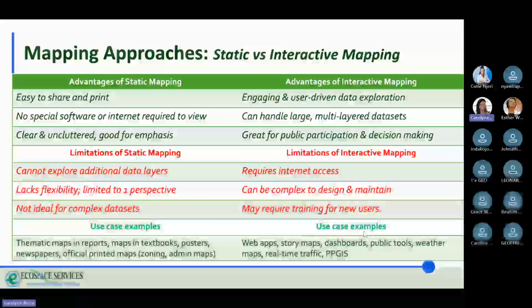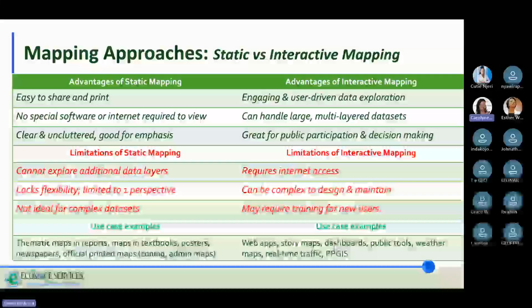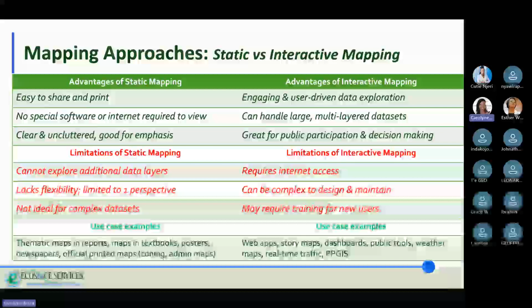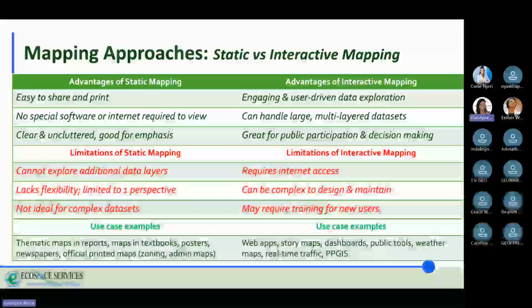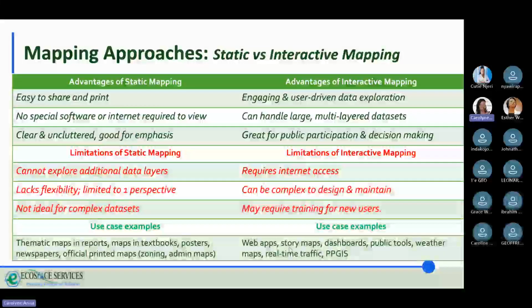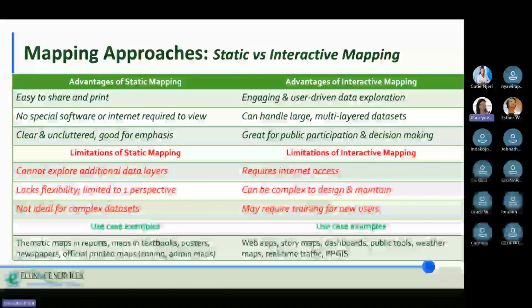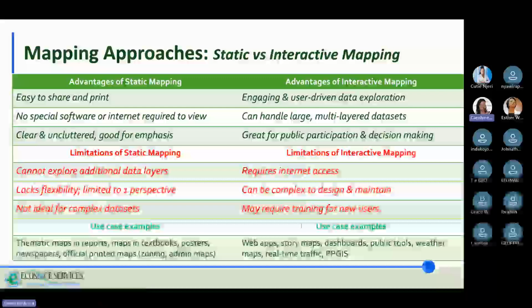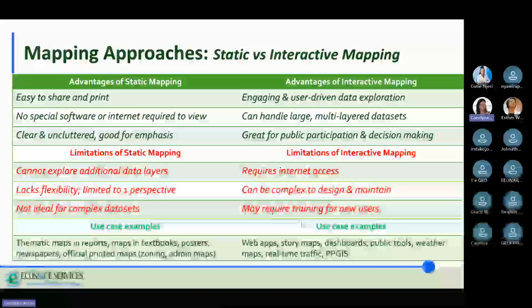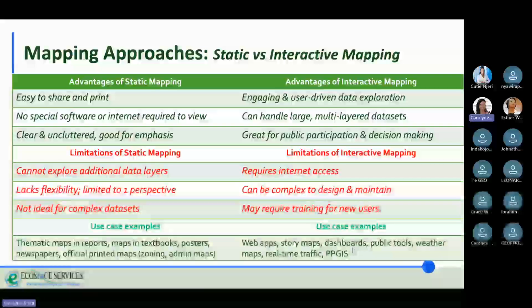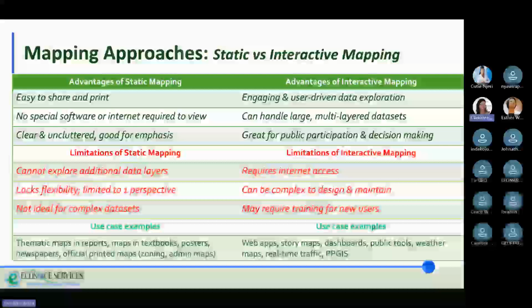Use case examples: we have story maps, web apps, dashboards, public tools, weather maps, real-time traffic, and PPGIS, which I had mentioned is the public participation GIS. For something like a story map, if in your free time you can just check, but this is something that might require training for someone who hasn't interacted with it before. Same for web apps and dashboards, especially if you're looking at software such as ArcGIS Online. You need to have some training,